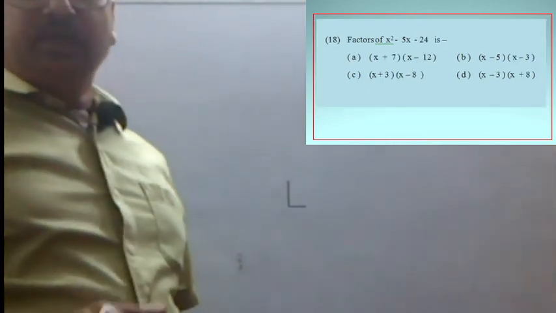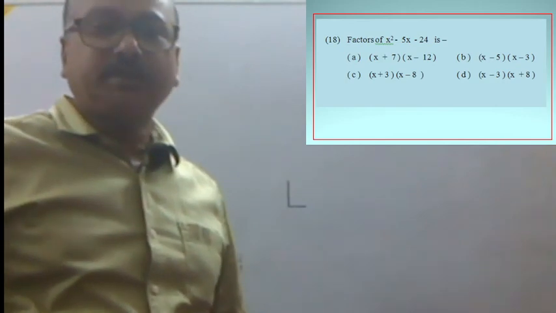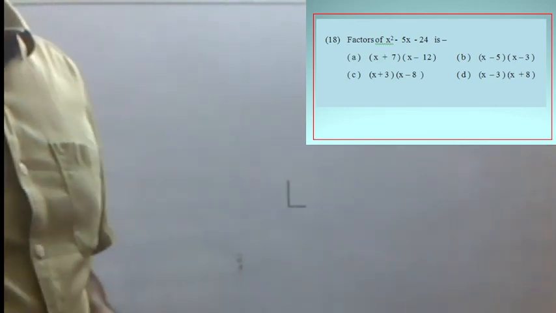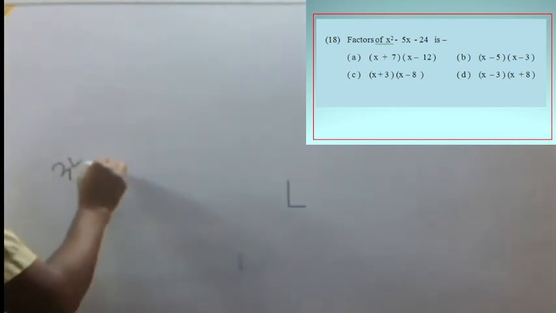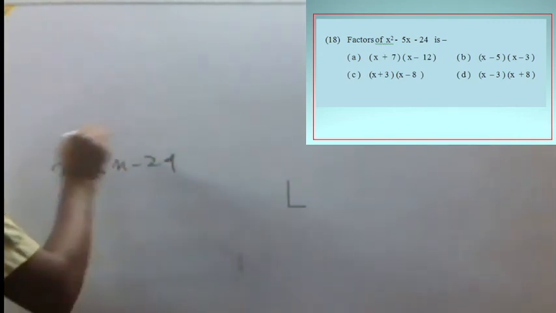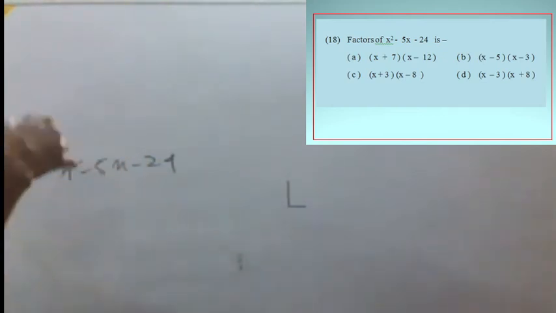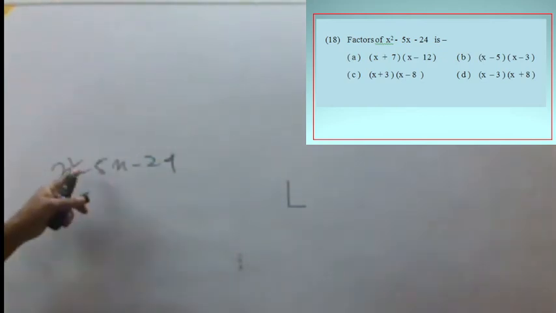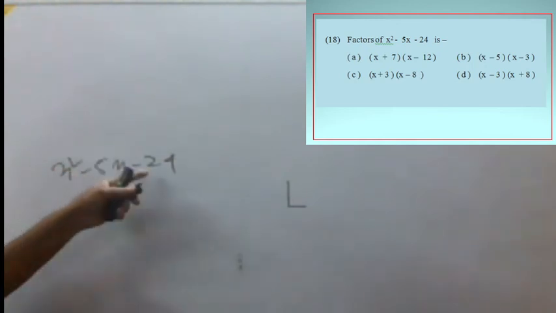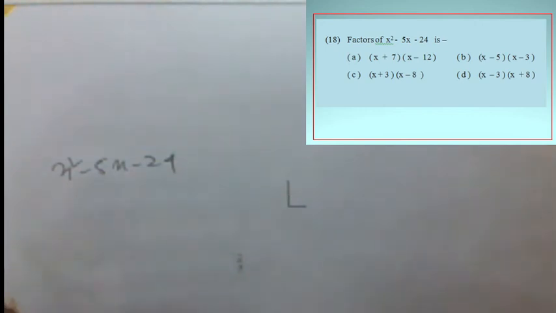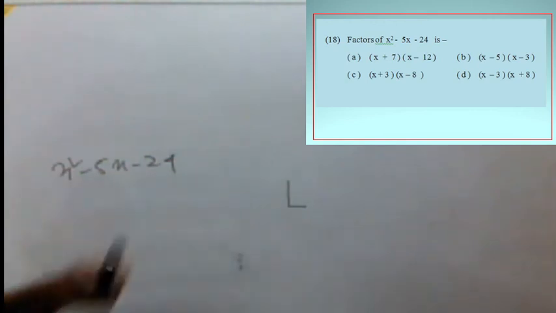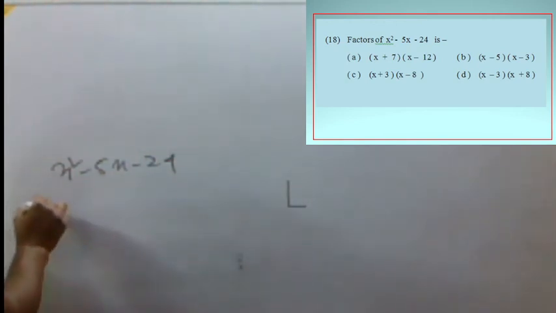Next question. Again the same, x square minus 5x minus 24. Now we are changing the signs. The pattern of the question is the same, but sometimes all are positive, sometimes positive and negative. The first one is always positive. If the first one is negative, then we can take the negative sign out first. That is the highest power. So now this is x square and 24.